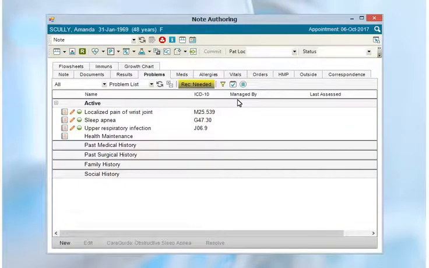Resolving a problem will remove the problem from the active problems list and move it to past medical history. This is done when a diagnosis is no longer a current problem for a patient, but you wish to keep a record of it in their chart. Use this for problems that may recur and become chronic, like gastroenteritis or ear infections, so that you can keep